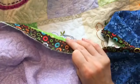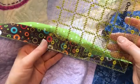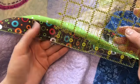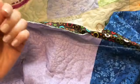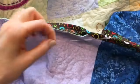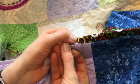So the binding, grab a ruler. You cut long strips and then you fold them in half the long way. So this is about 1, let's call it 1/4. Oh, maybe this is 1 1/8 here. So maybe this was 2 1/4. I'm going to say 2 1/4 inch. I think typically I do 2.5 inches, but maybe I don't. Maybe I do 2 1/4, because I'm not binding quilts so often that I remember. But no, this looks like it's 2 1/4 inches. And that's either what I always do and can't remember, or I usually do 2.5, and we were pretty limited